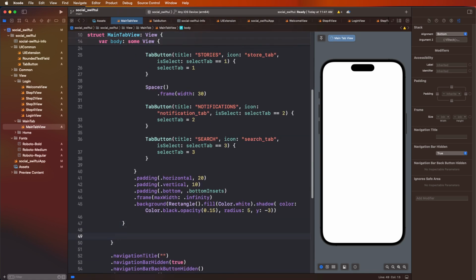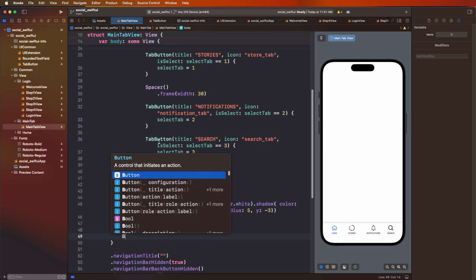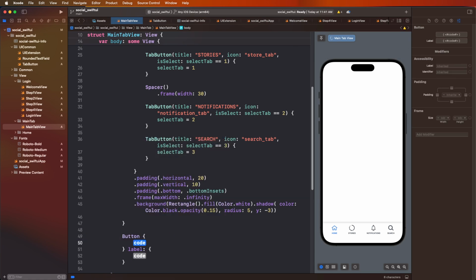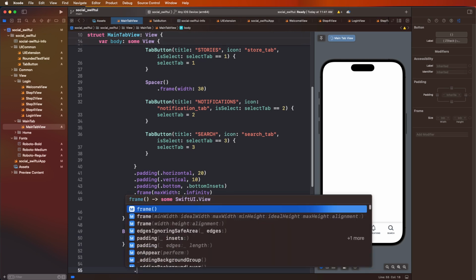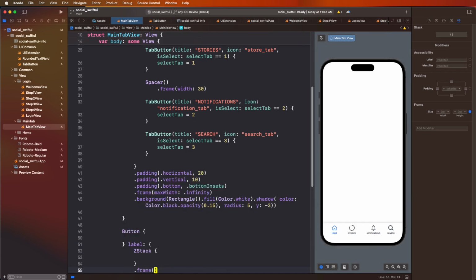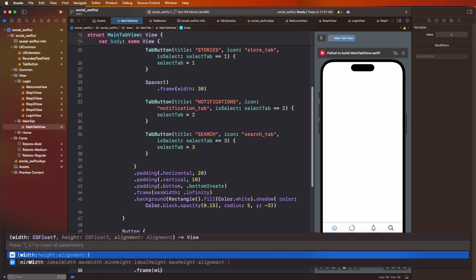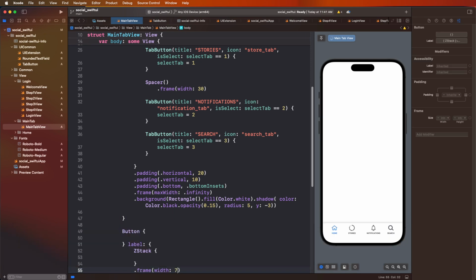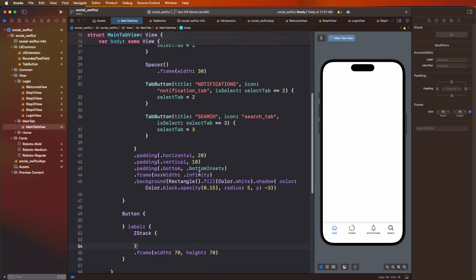First of all, we need to create the buttons, and define the ZStack. Now we need to create first of all the frame size. We need to give the width as 170, and then after we need to set the height as 70, and we need to create the linear